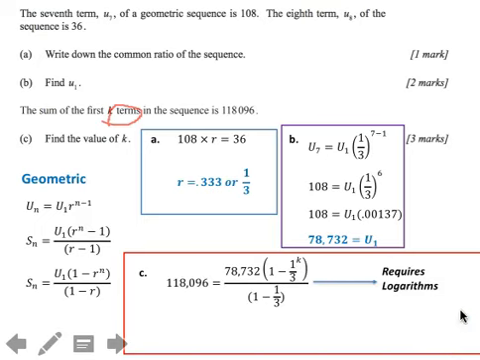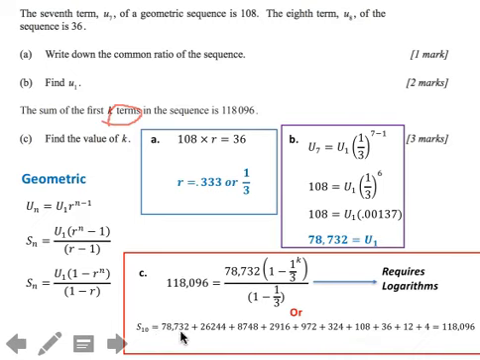will require logarithms. Now, if you're comfortable with logarithms, by all means, solve it that way. However, there is an easier way to solve this, and it's simply to list out the terms until we arrive at the sum that we're looking for. So when we list out our terms in our series, starting with our first term, 78,732, and simply dividing by 3 each time, you find out that after 10 terms, we arrive at the sum 118,096, leaving us with our final answer, which is that k equals 10,